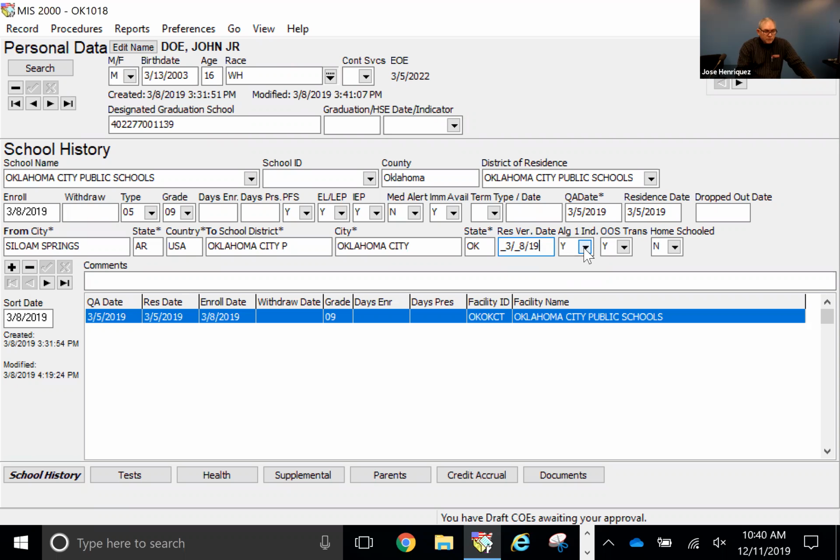Also, we need to know that the student has taken Algebra 1. This is the Algebra 1 indicator, yes or no. I've been seeing that some data entry specialists just put no, and I find out that they already took it. How do I find out? I go into